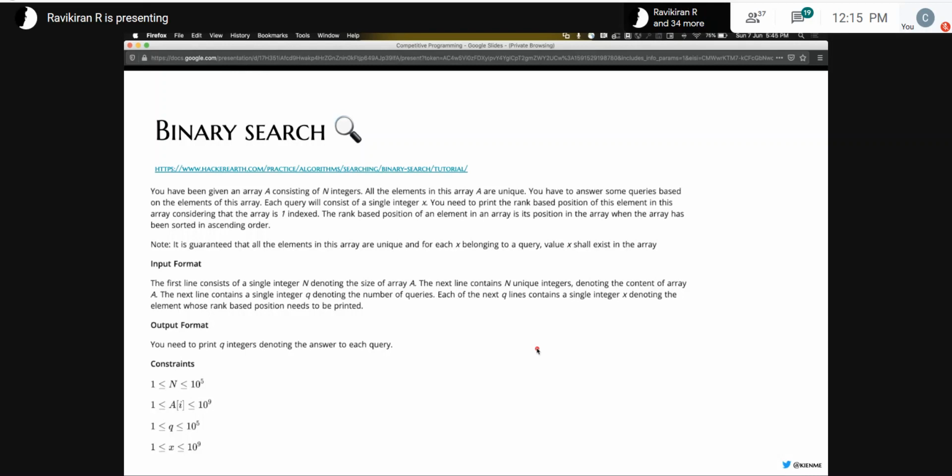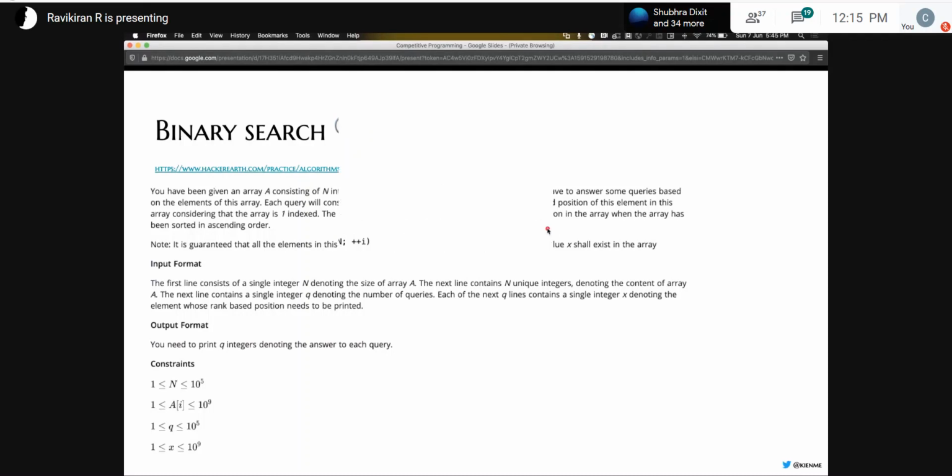Before we go to the program, C++ STL has a few functions for binary search. It has a function called binary_search itself, which takes a vector and returns whether the item is present in the vector or not. This in itself is not very useful because knowing whether an item exists or not is not as useful as finding its position. So to find its position, there are two other functions called lower_bound and upper_bound, and there are some small differences between the two. For the most part, the two are pretty similar. Here we can use either of them because all the values are distinct. Let's see how that's used.